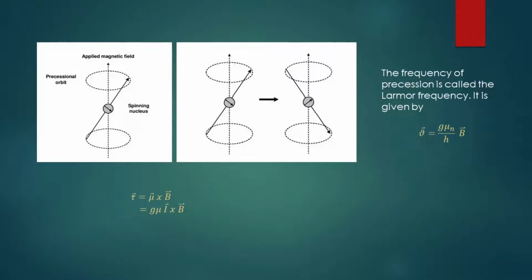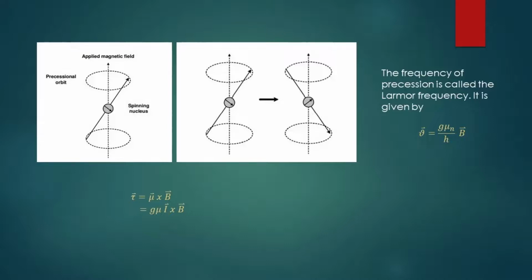So nu is equal to g mu n B by h, which is basically identical to delta E by h. That is the energy difference between the two states over Planck's constant. So when the incident photon bombarding the specimen or sample we are using has exact energy, that is delta E equal to g mu n B, which is the energy difference between the ground state, corresponding to M equal to plus half, and the excited state, corresponding to M equal to minus half,